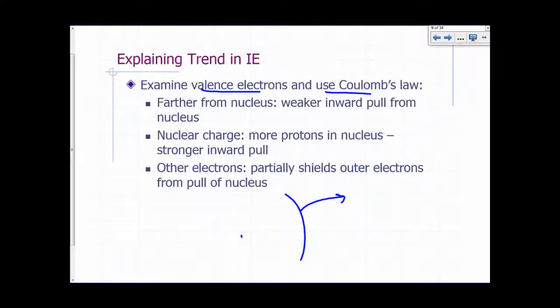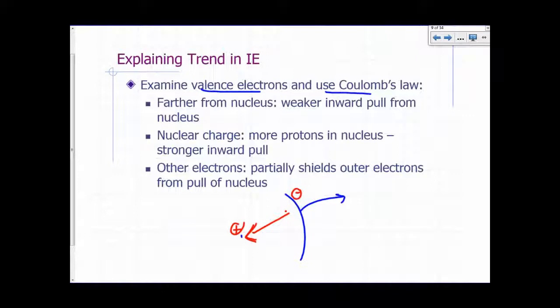So the farther that valence electron is from the nucleus, the weaker the inward pull on that electron by the nucleus. The nucleus is positive, the electron's negative, right? It's going to be pulled towards the nucleus. But if you want to remove it, the farther it is from the nucleus, the easier it is to